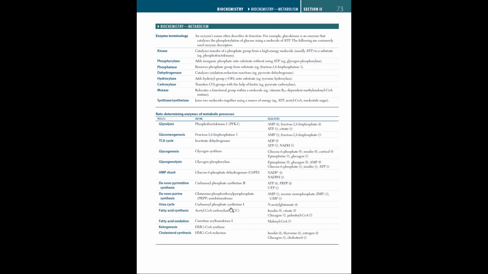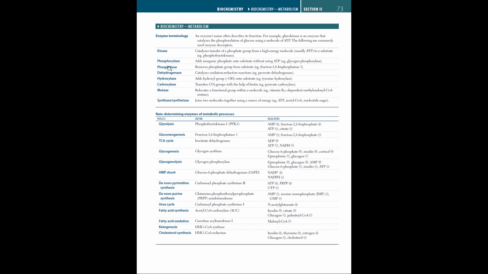Alright, moving on. Now here we have the biochemistry metabolism, and these are the terminologies used. So first we'll talk about the enzyme terminology. Now, the enzyme name often describes its function. For example, glucokinase is an enzyme that catalyzes the phosphorylation of glucose using a molecule of ATP. Now, kinase, just the word kinase, catalyzes transfer of a phosphate group from a high-energy molecule, usually ATP, to a substrate, for example,